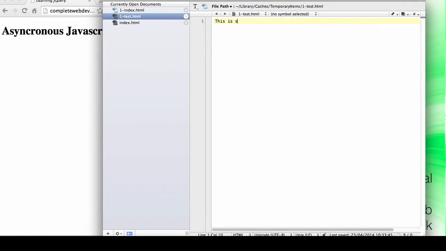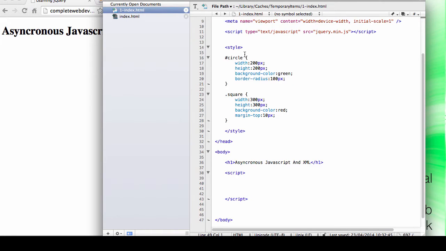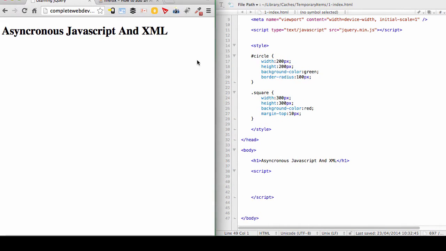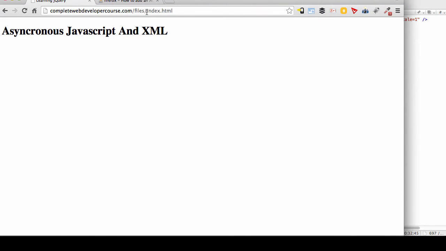So this is some content, very simple. You could put any HTML you like in there, but we'll keep it simple for now. And then I'll save that, and then I'll close that down, hide that part of the window. So now I'm just editing the index file. Always worth checking. Let's just make sure that that file is indeed online. Great. Okay,